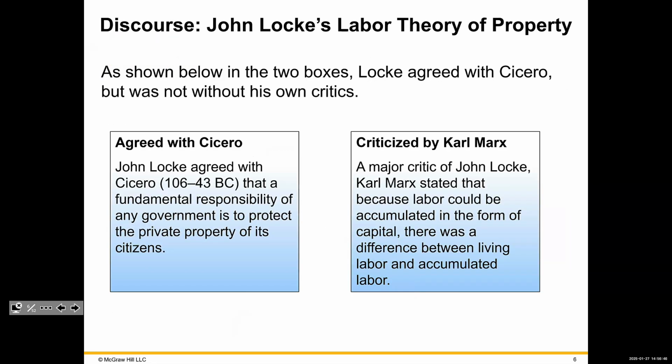So what you see is the labor theory of property, which basically tells you that the responsibility of government is to protect our citizens. And we've seen, I think it's 75 a day that Tom Holman is deporting per city per day right now, to hopefully restore private property and protect it, or not. And then we have Karl Marx, who said that labor could be accumulated in the form of capital. And that's the difference between living labor and accumulated labor. So when you think of labor, that means you have to work.